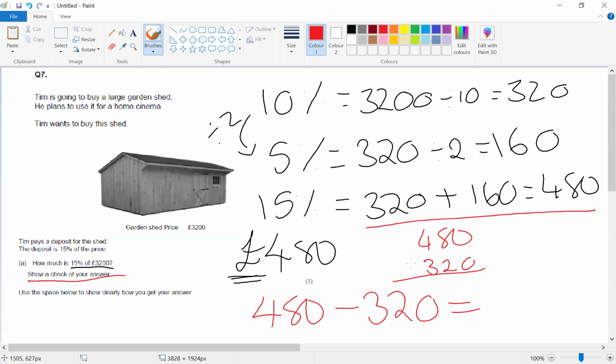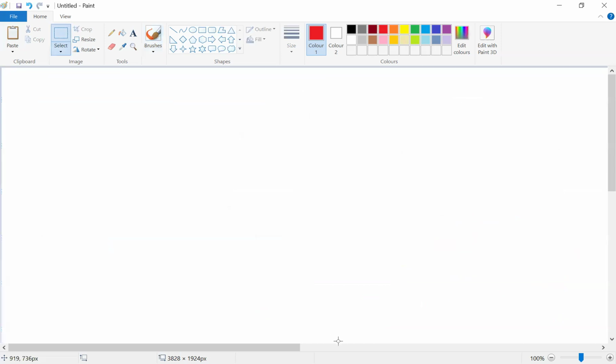column subtraction, or if I have a calculator, then I'll put it into my calculator. And it does equal 160. So I know that I am correct. I have shown a check of my answer. Now, the second part of this question